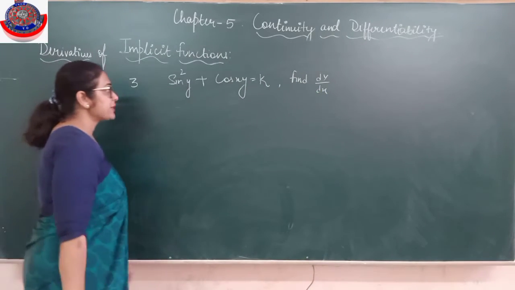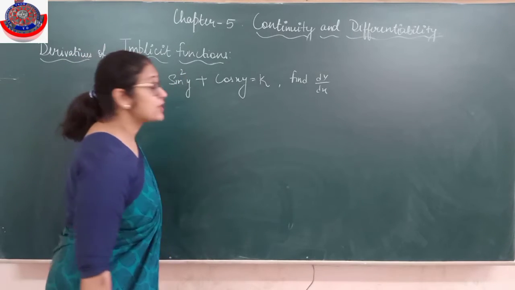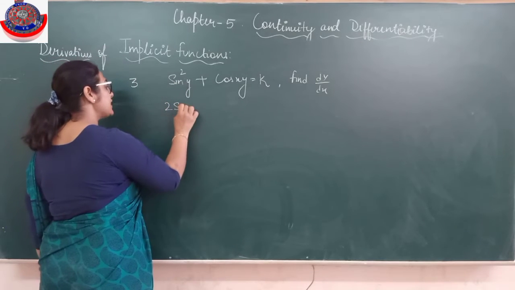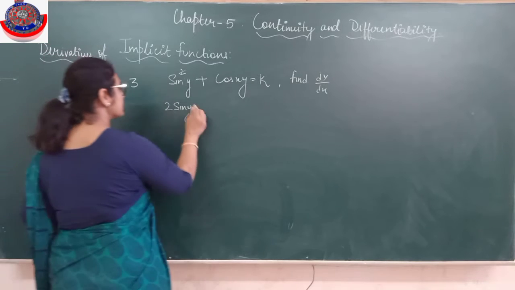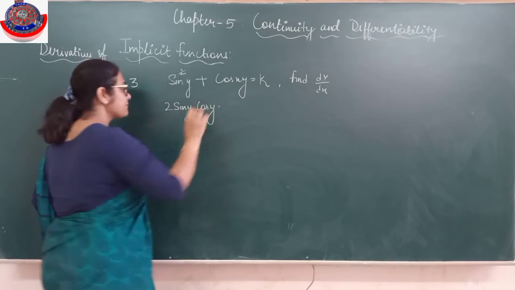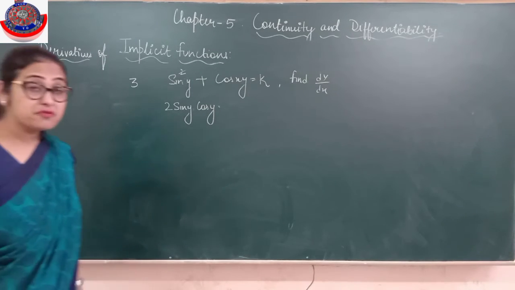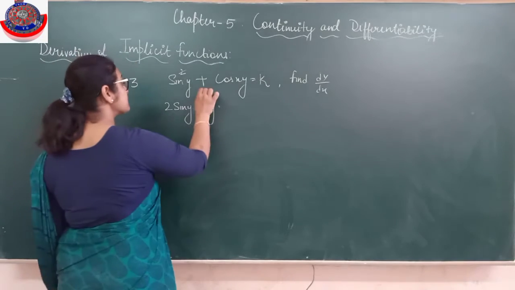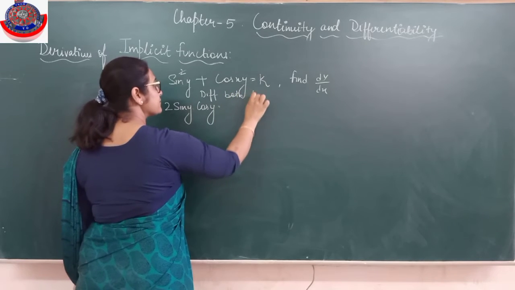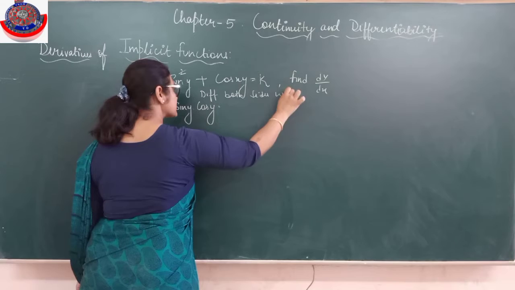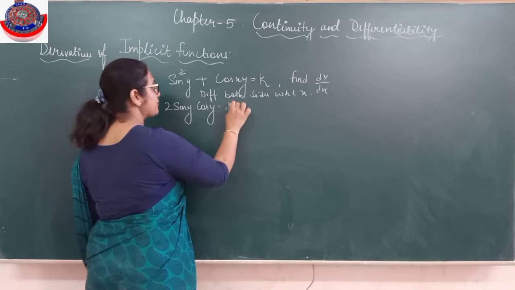Now when I am differentiating with respect to x, chain rule you can never forget. So sin square, the first is the power, so I will be differentiating the power first: 2 sin y. Power differentiation over. Now the differentiation of sine is cos y. Is it clear? Into the differentiation of y. Why do I need to differentiate y? Because I am differentiating both sides with respect to x, and I have to find dy upon dx. I am differentiating one variable with respect to another, so it will be dy upon dx.